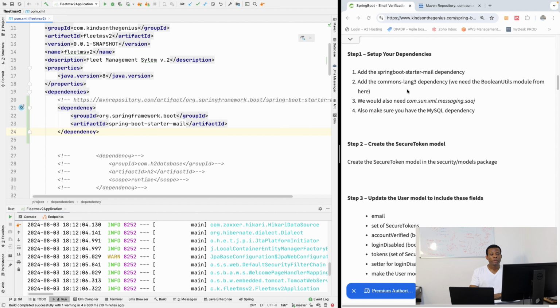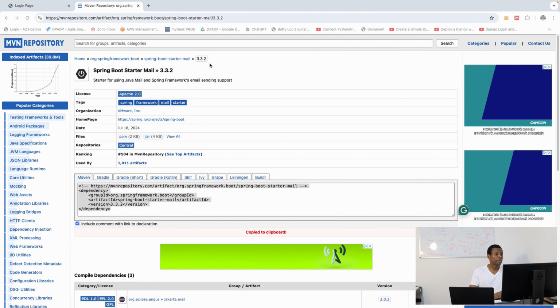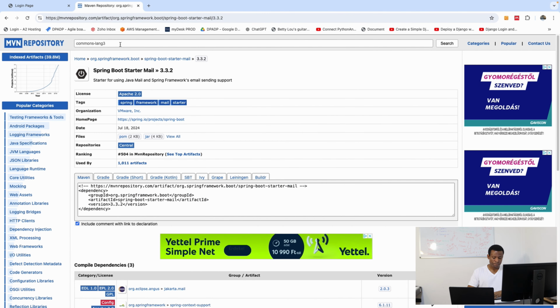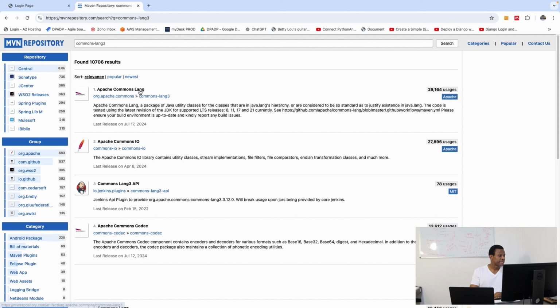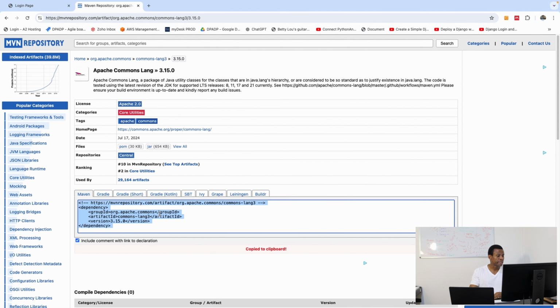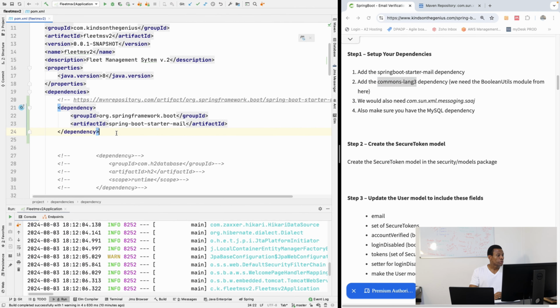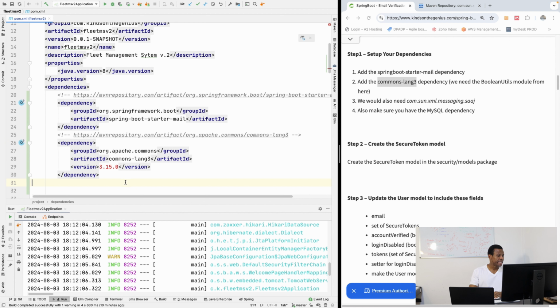We need the Commons Lang 3 from Apache. This will be needed because we need some string manipulation utilities from there. And I think it should be this one. Let's see. Yes, it's going to be this one. So add the second dependency, remove the version, it doesn't matter. And we need this dependency for messaging,